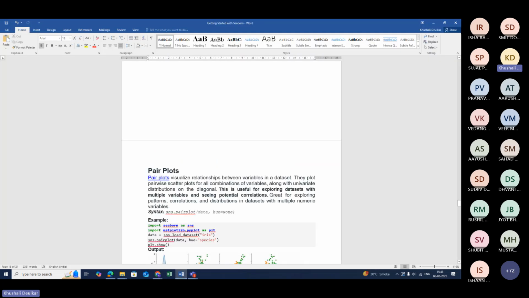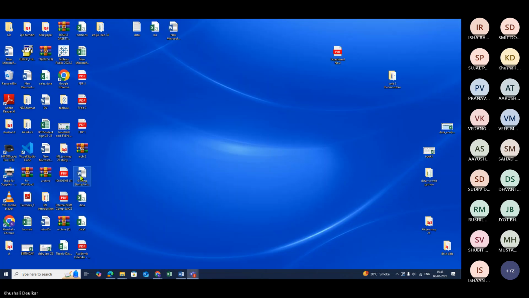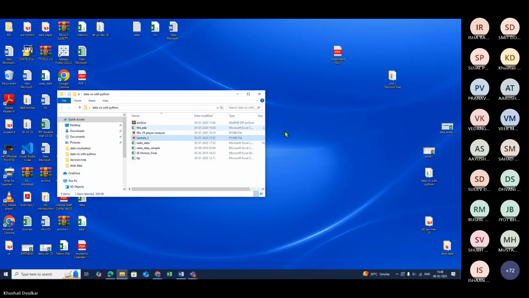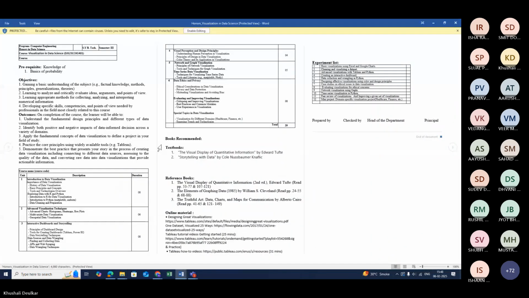In the next lecture, we can start with multivariate data visualization and geospatial data visualization. Okay, so up till now, what we have done,